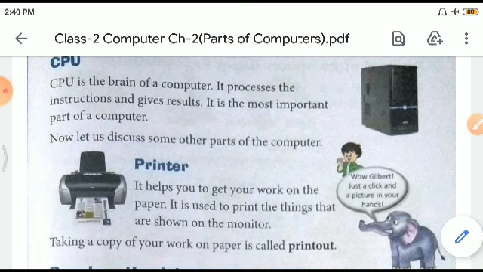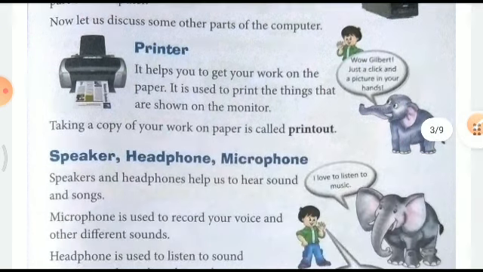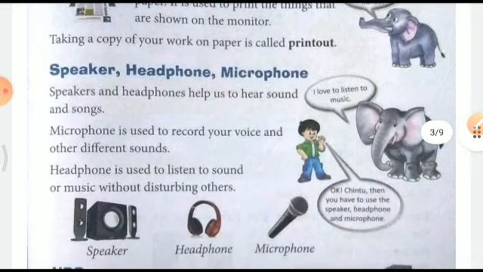We have printer. A printer is used to take printout or get your work on paper. Whatever we are typing on the computer, if we want to see it on paper, then we will need a printer. Taking a copy of your work on paper is called a printout. All right. Now speaker, headphones, and microphones. Speaker and headphones help us to hear sound and songs.